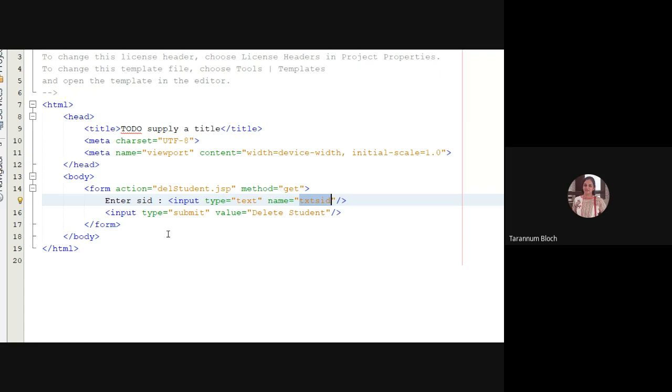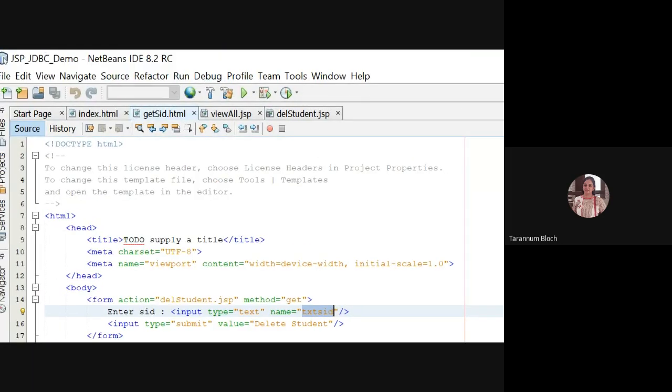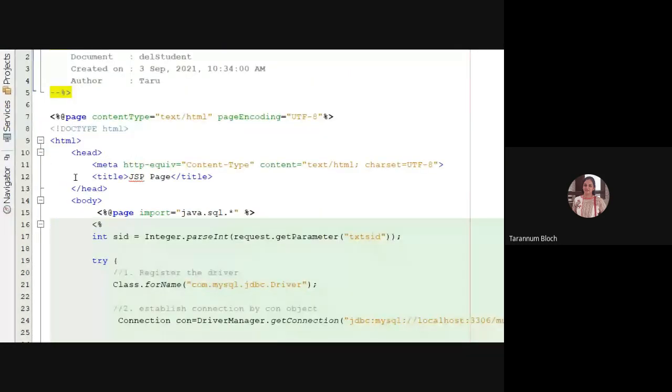So in delete student, again we will write import java.sql.*, and we will read the value of the text box. So we are reading request.getParameter("txtSID"), right? Because it is coming as a string, and SID is my primary key of integer type in my database. So I need to convert it into an integer.